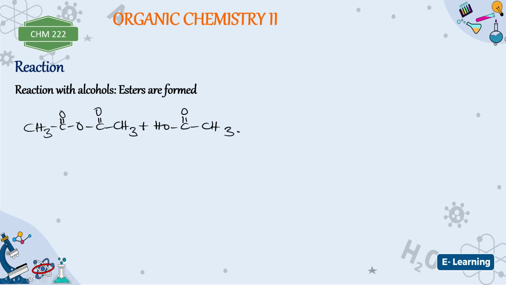Just note that in every case you are going to form an ester, and then you are going to form a carboxylic acid again. Is that okay? Now what will happen is that this OH will actually bind with one of these groups here. So if this OH binds with this, it's going to form an acid. Then this group here